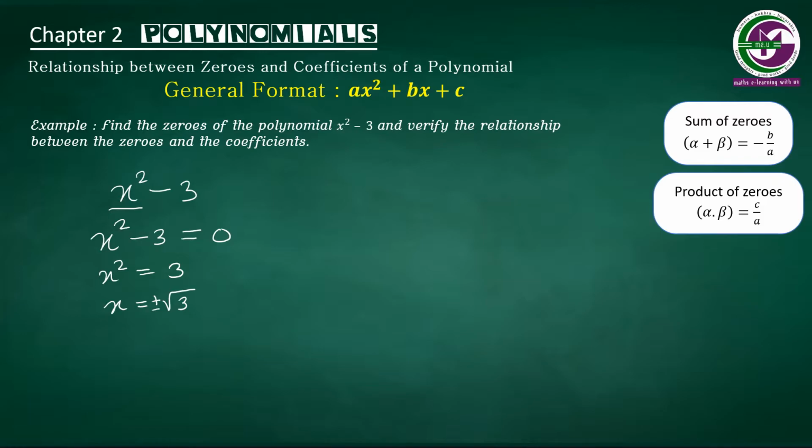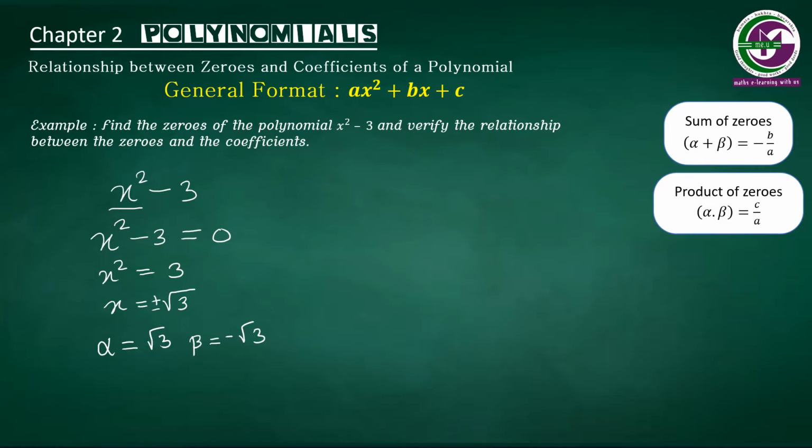It can be plus 2 or negative 2. The square of negative 2 is 4. The square of plus 2 is also 4. The square root of 4 is plus or minus 2. That means one of the values is plus 2 and another value is negative 2. Like that, the square root of 3 is plus root 3 or negative root 3. So the zeros alpha and beta: alpha can be taken as plus root 3 and beta is negative root